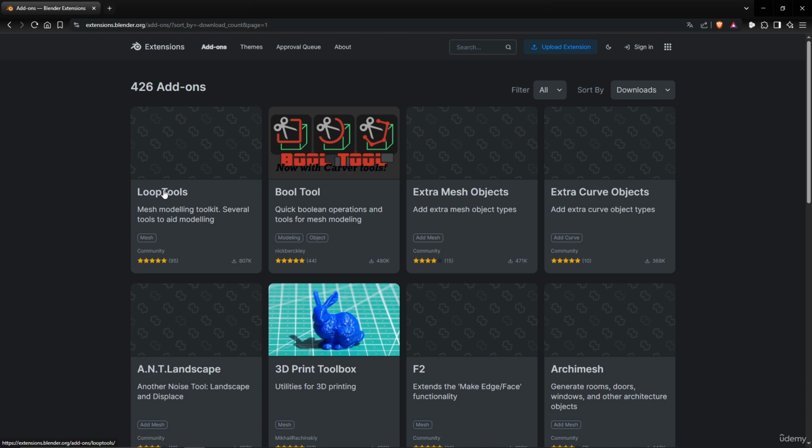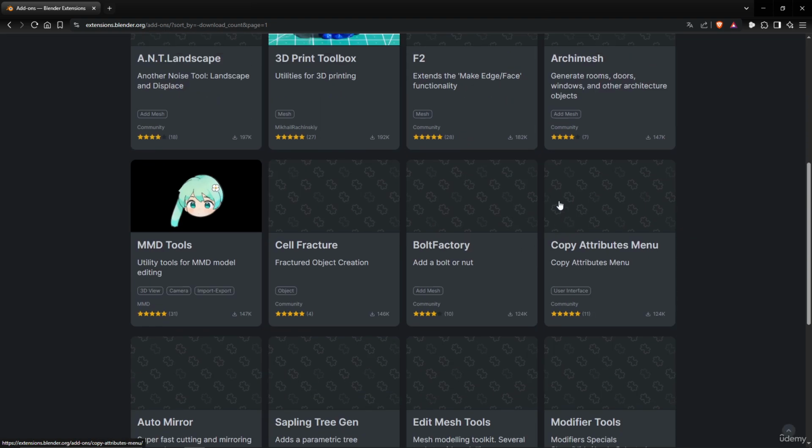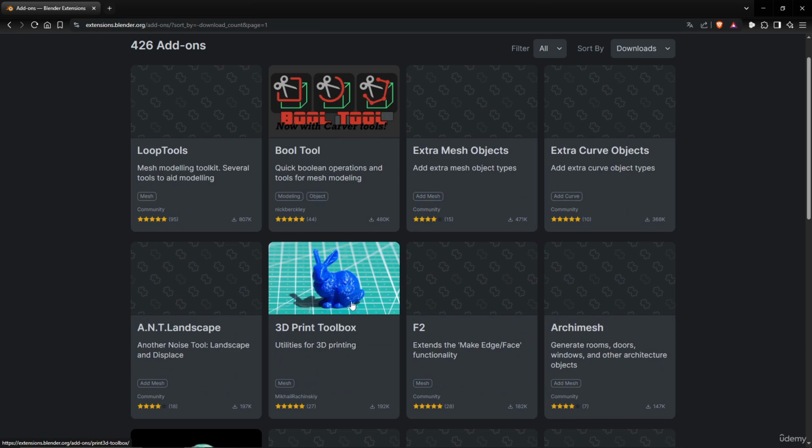So we did use already Loop Tools, Bool Tool, Extra Mesh, maybe we'll have a look at it. Extra Curve is just something to add other objects, so very interesting. You have ANT Landscape, it's the one that we will use now. You have Archimesh, you have something else, you have a lot of things, and it depends on what you want